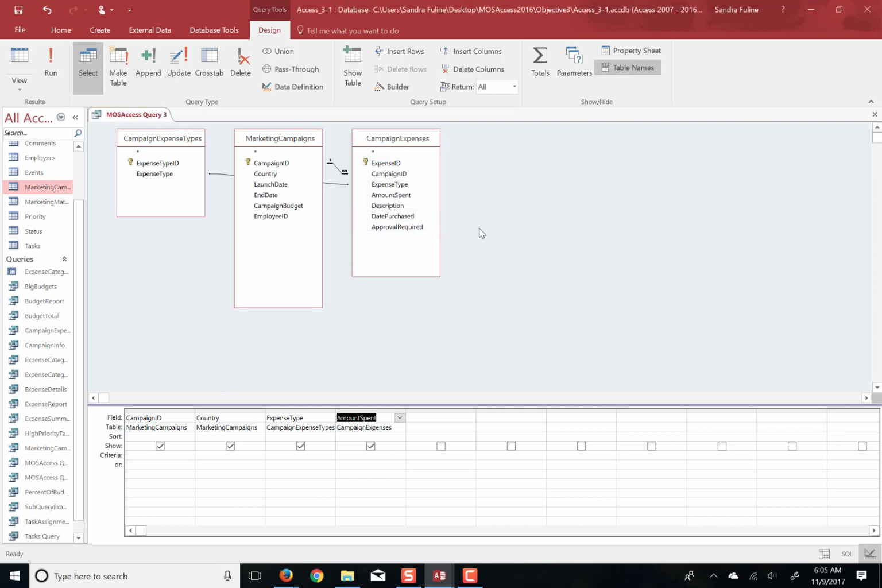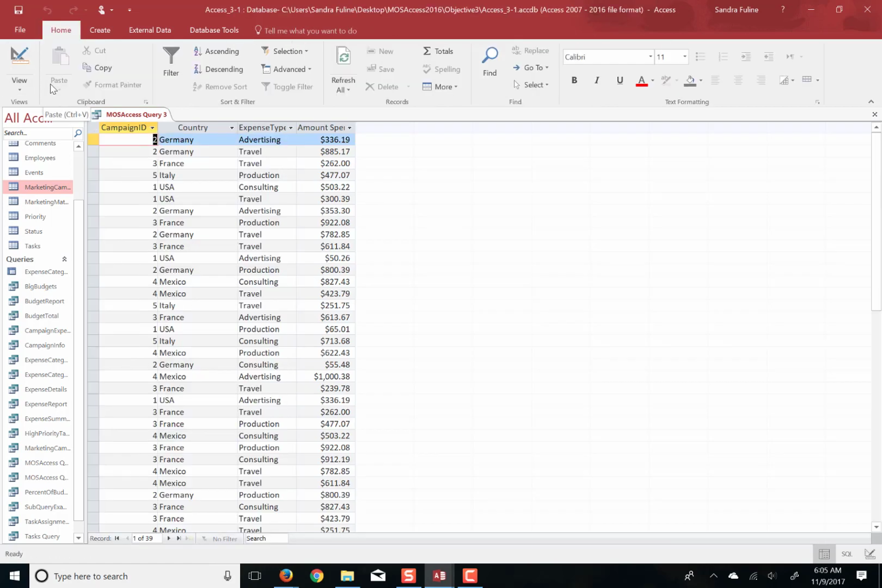And then it says to run the query to display the records returned by the select query. Then now convert this query to a crosstab query. Use the amount spent field as the value field. So to do this,